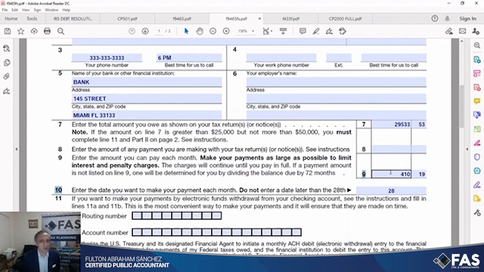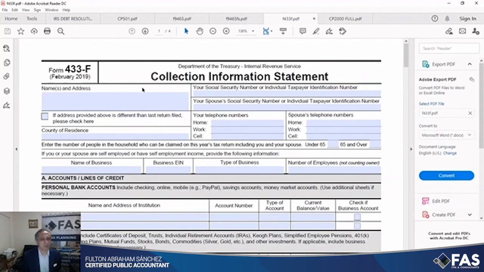If you're not able to pay 410, excuse me, you will need to use Form 433-F. Form 433-F is a form that will require that you provide your bank accounts,